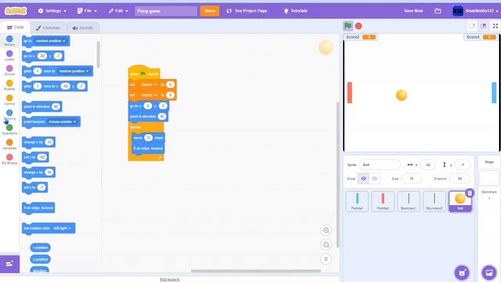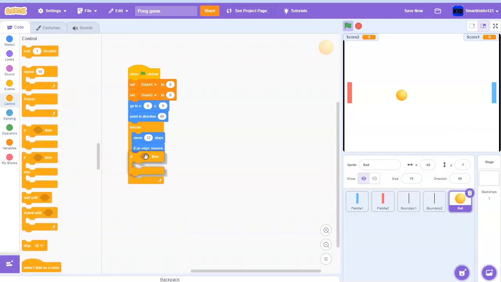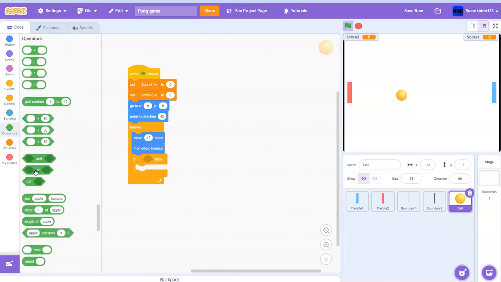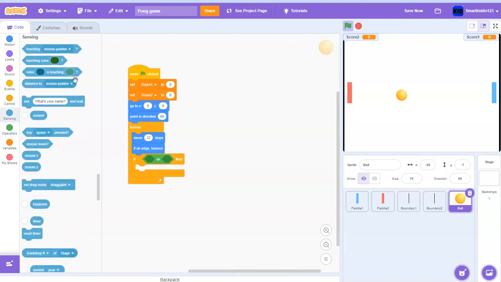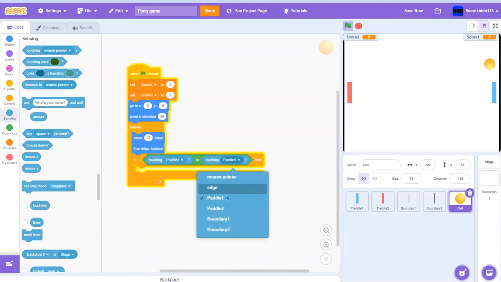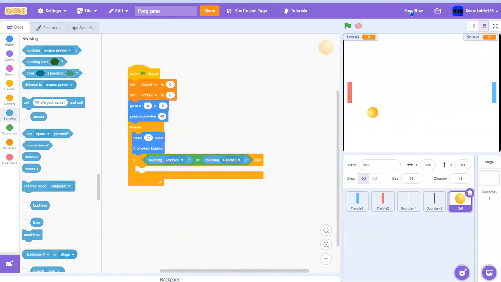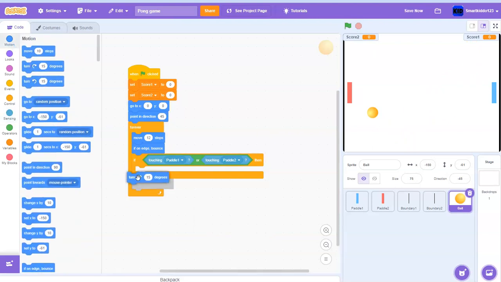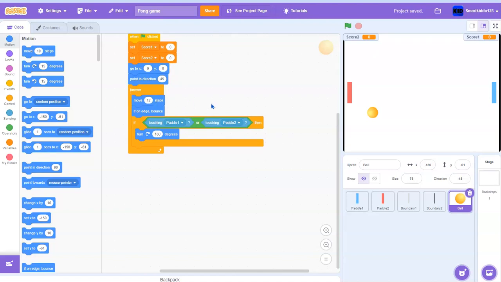And then we want to put an if block right here, and you want to put an or block inside of that. If touching paddle 1 or paddle 2, you want to turn 180 degrees. Okay. So now we just have to code so that when it touches the boundaries, it adds